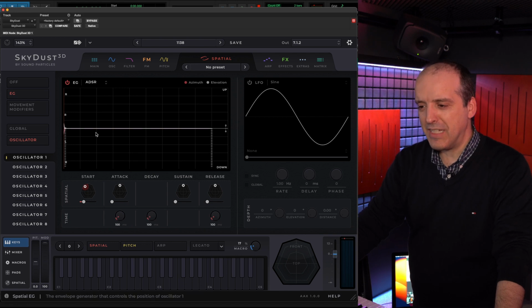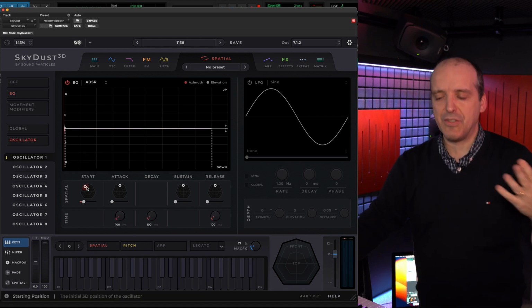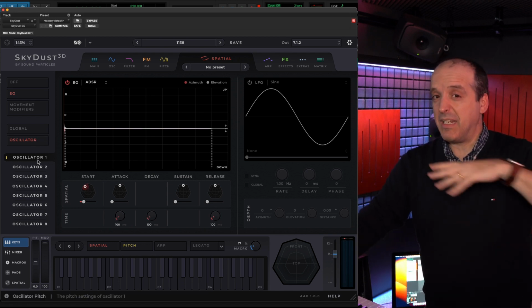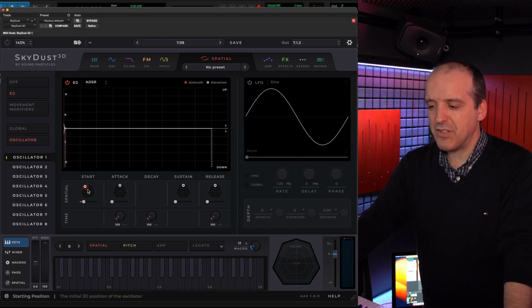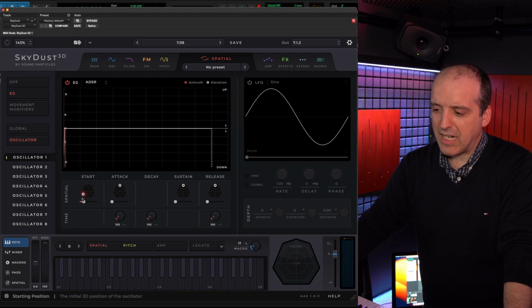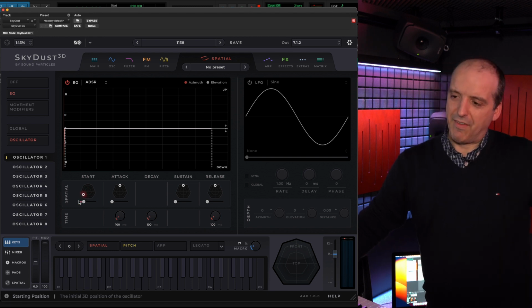Then if you want movement, and a lot of times we want movement to bring more life to the music, you can use an envelope generator. And with the envelope generator, imagine that you say, okay, once again, this can be by oscillator or exactly the same for everyone. So imagine that you say, now I want the sound to start, for instance, over there, okay,